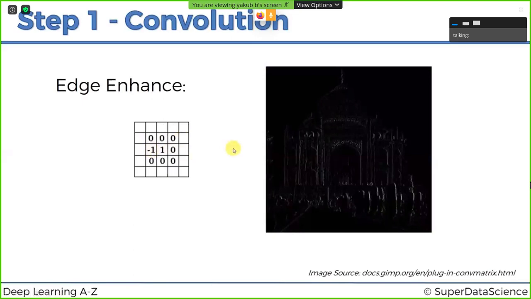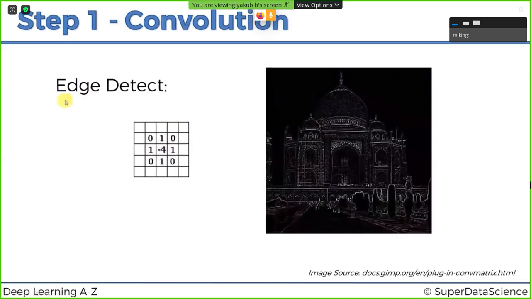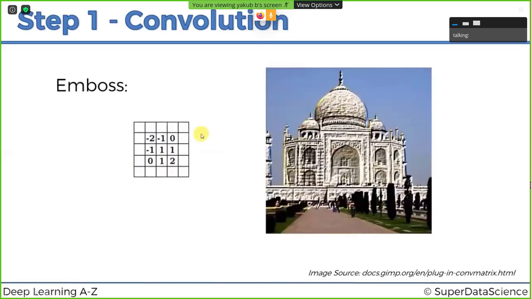This one's a bit harder to understand how it works, probably harder to think of intuitively. Edge detect. Right, so this one probably makes more sense. You take the middle one and you reduce the strength of the middle pixel, and then you look for these ones. You increase the strength of the ones around them, so you have the ones there. That gives you an edge detection, and you can see what you get there.